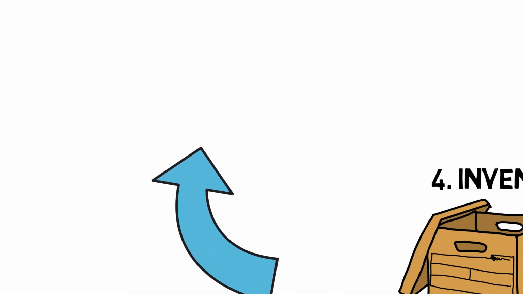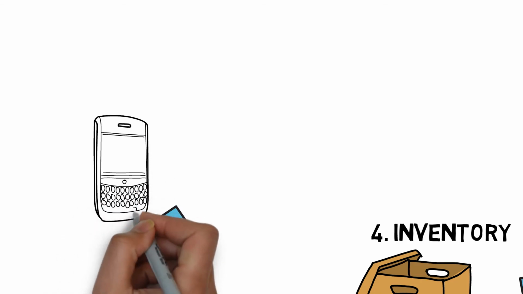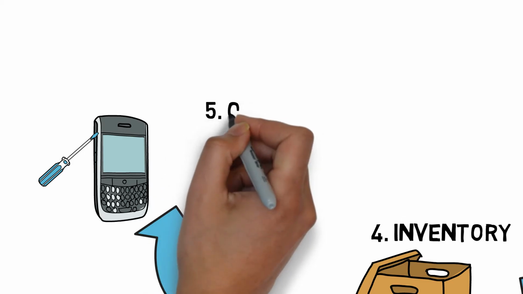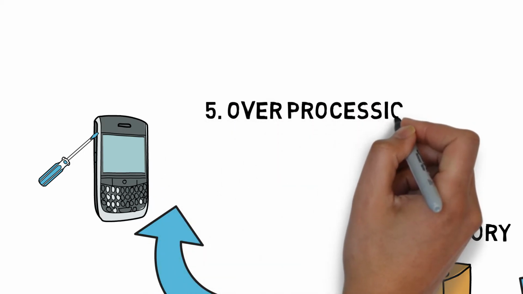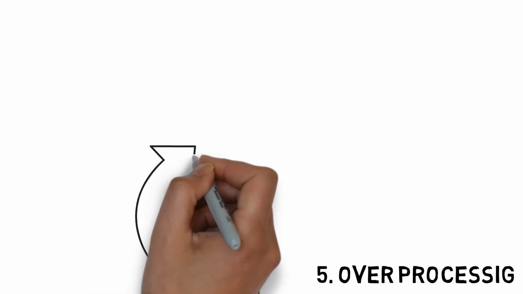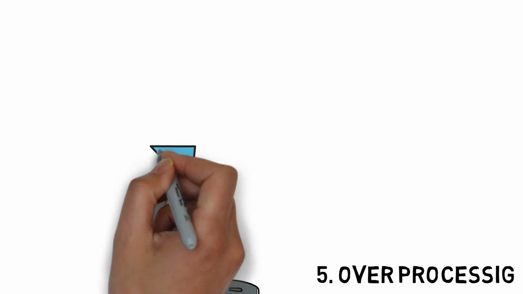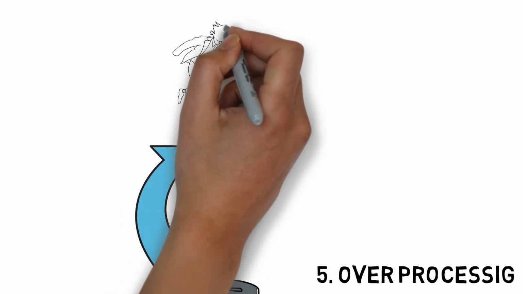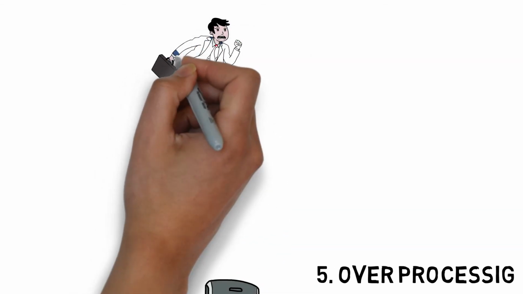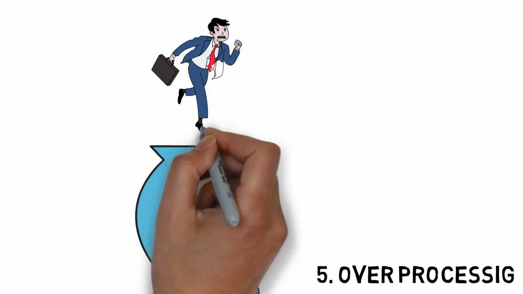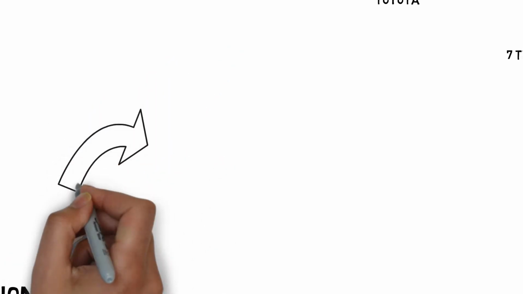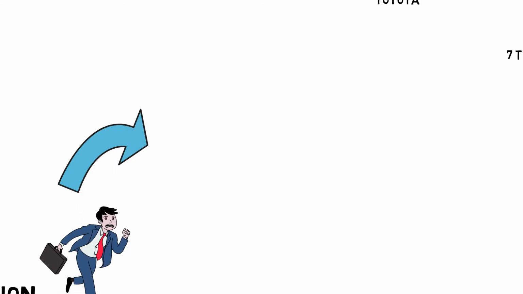Alright, let's have a look at number 5. We have our product and we're still adjusting it, we're still working on it, but we do not add really any value to it. So number 5, we're over-processing our product. It doesn't add any value, we're still wasting our time on it, it's a waste. Let's not do it. Number 6, motion. If our products, if our materials have to move, if our workers have to move, that's unnecessary. If I walk 5 times to pick up my tools, that's a waste of time, waste of energy. So let's not waste our energy on too much motion. And the last one,